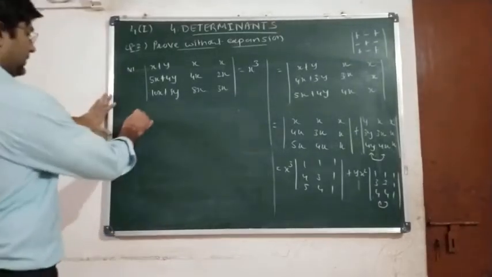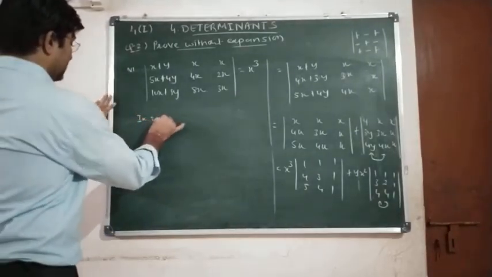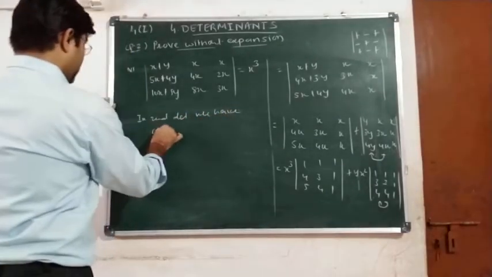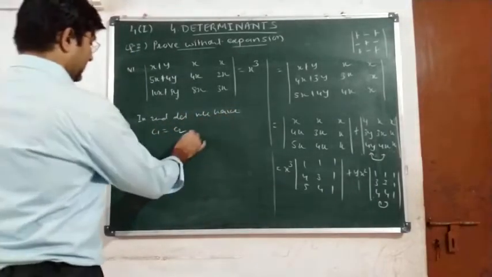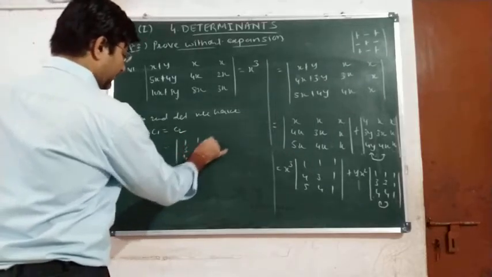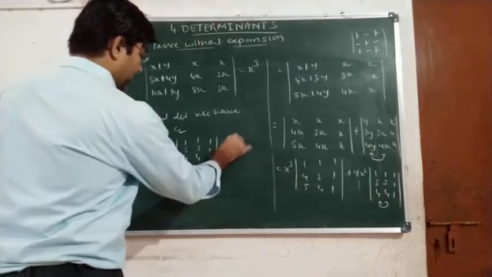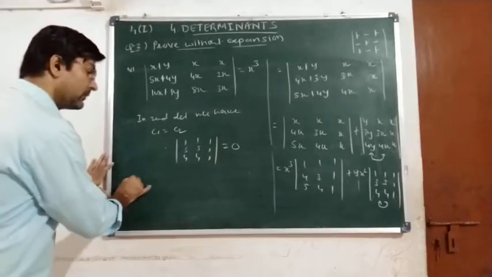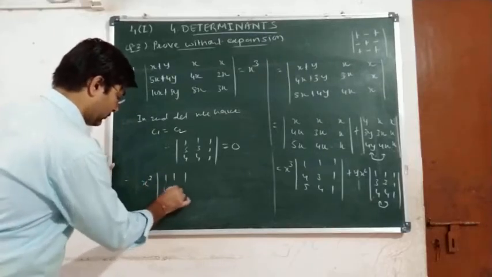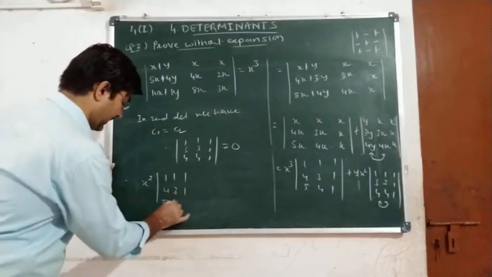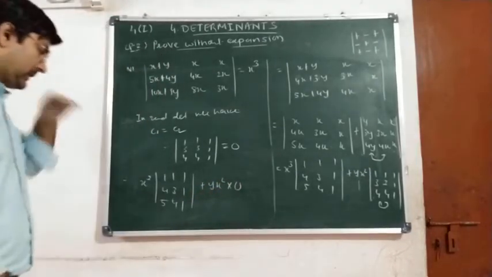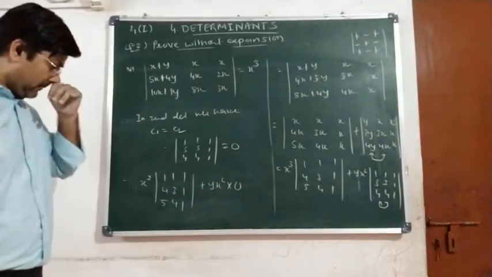Okay, so now in the second determinant we have C1 equal to C2, and therefore the value of the determinant 1, 3, 4, 1, 3, 4, 1, 1, 1 will be equal to 0. So x cube into the first determinant 1, 1, 1, 4, 3, 1, 5, 4, 1 plus y x square into 0. Okay, now we have to expand the first determinant, but before that we will